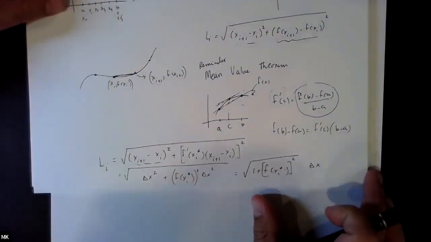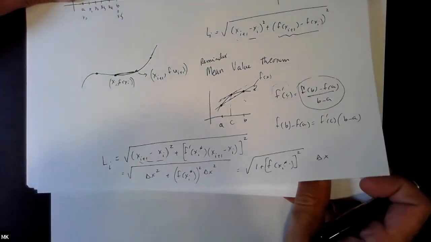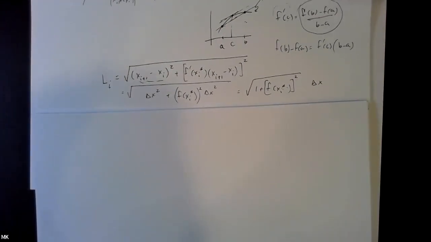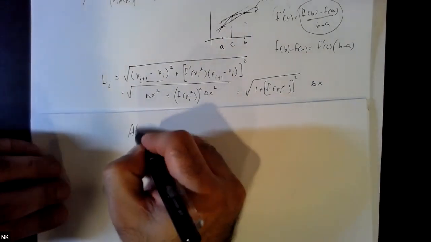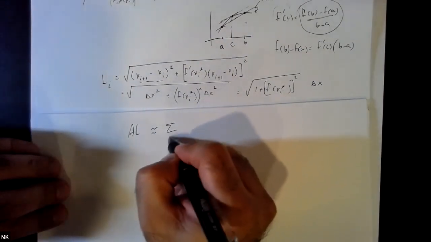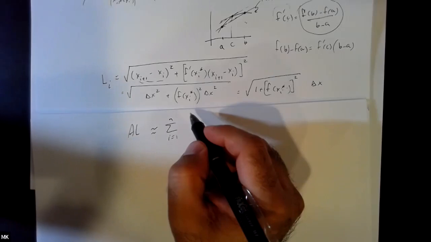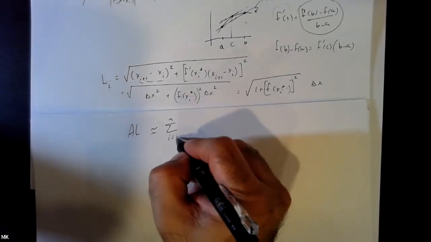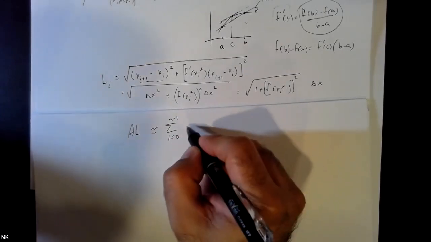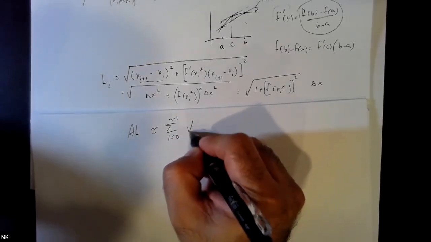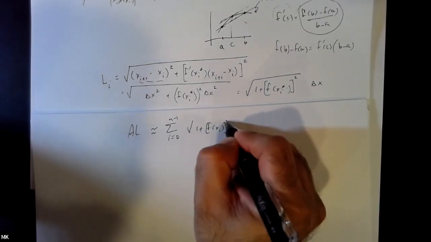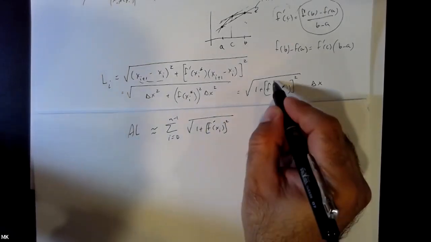So if I just write out what I just said, the arc length is approximately the sum, i equal to 1 to n, and the way I have written it is probably 0 to n minus 1, doesn't matter, of the square root of 1 plus f prime of x_i squared. Sorry,